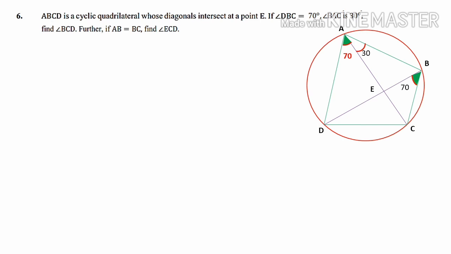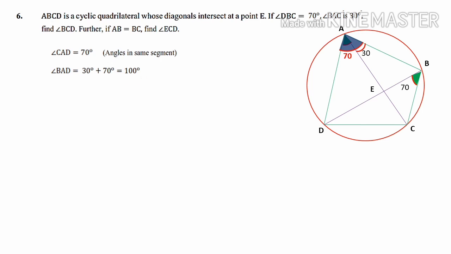That means we can label it as 70 degrees. Here it is 70 degrees, which means this angle also will be 70 degrees. So angle CAD is equal to 70 degrees, angles in the same segment. Then you can see this total angle, angle DAB or BAD, both ways are correct. Angle BAD we can calculate by adding these two small angles, that is 70 and 30. So angle BAD is equal to 30 plus 70, that is equal to 100.